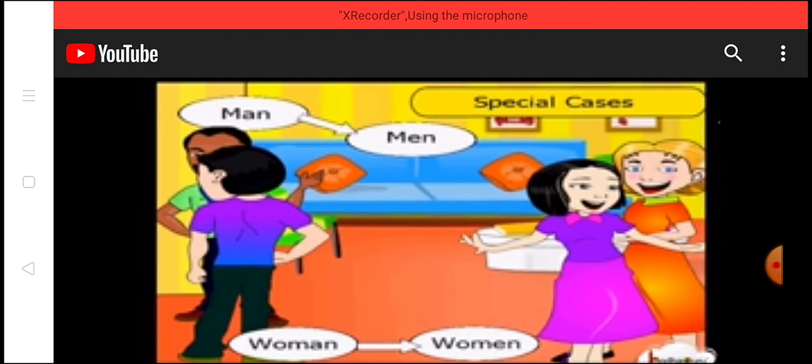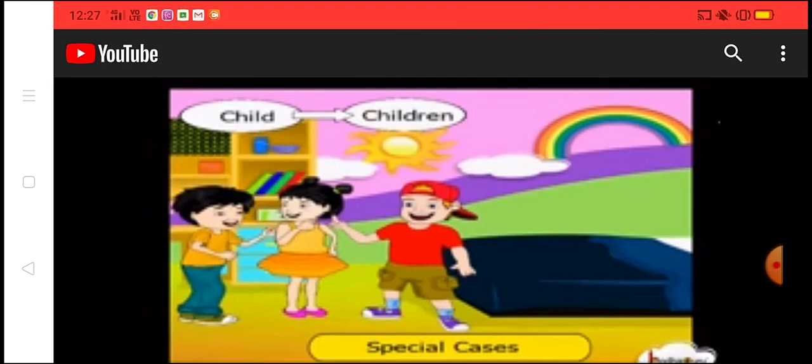That is wrong. 4 womans are standing. That is wrong. The correct usage is 4 men, 3 women. So the plural form for the term man is men. The pronunciation is men. And the plural term for the word woman is women, women. The same way child is called as children.